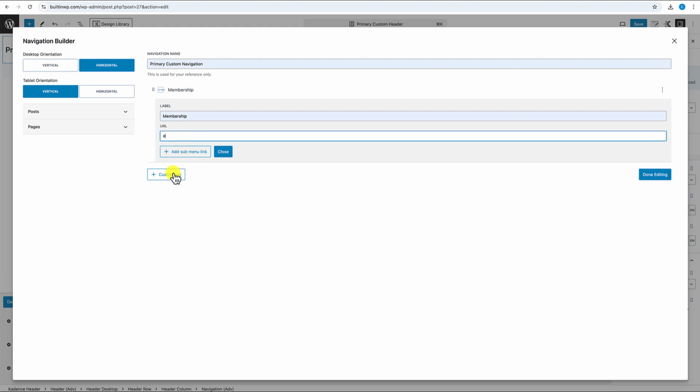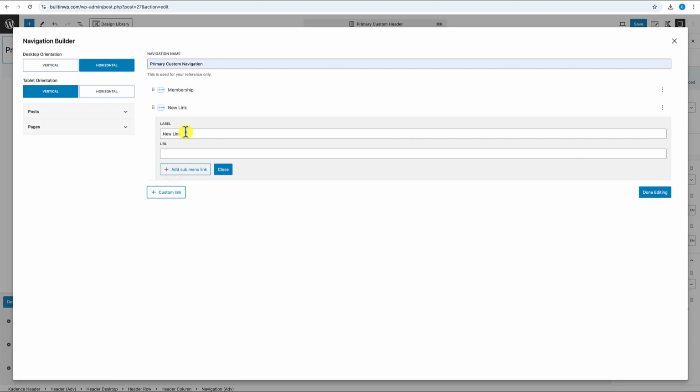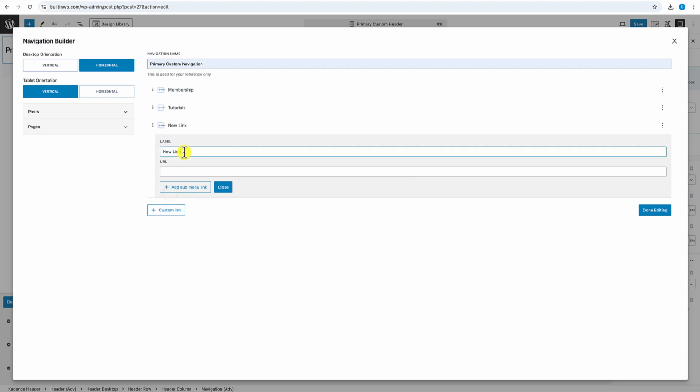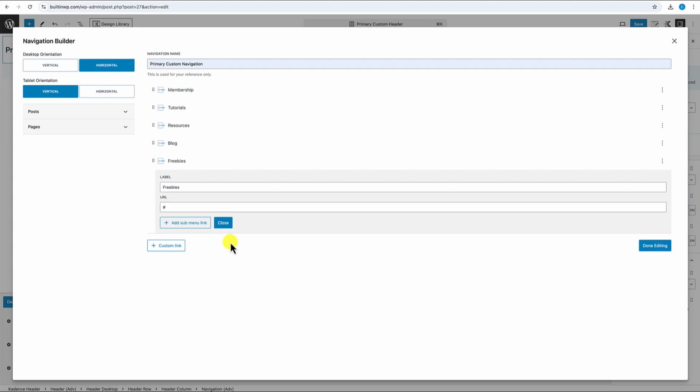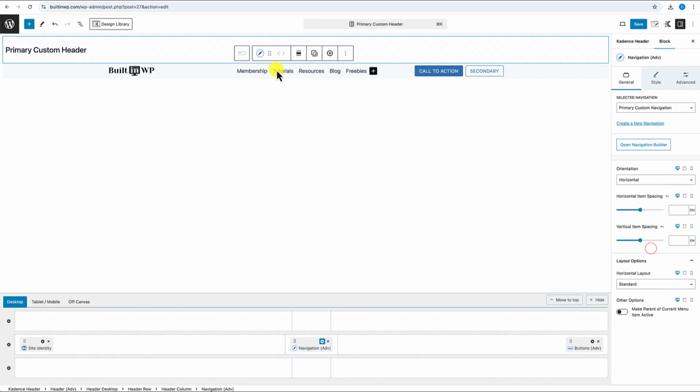Okay, next we're going to go ahead and click on custom link again, and let's just add a couple more navigation links here. So the next one can be tutorials. We'll add a hashtag. Let's add another one. We'll call this resources. Add a hashtag, and maybe we want to have a blog as well. So let's just add a blog hashtag there. All right, so far this looks good. I'm happy with the way this looks. Let's go ahead and click on done editing,